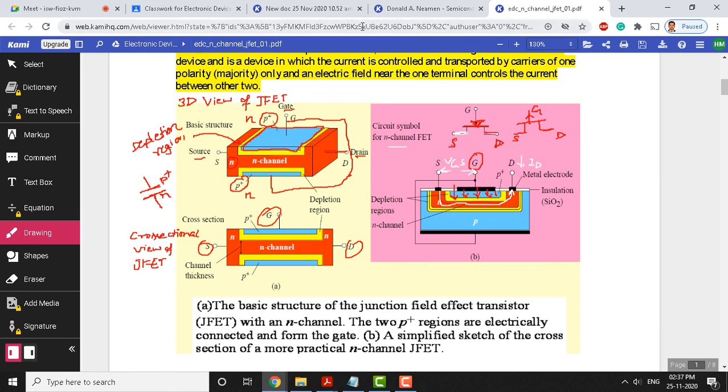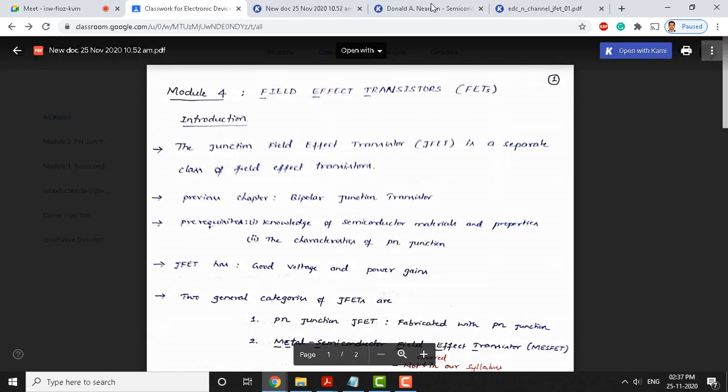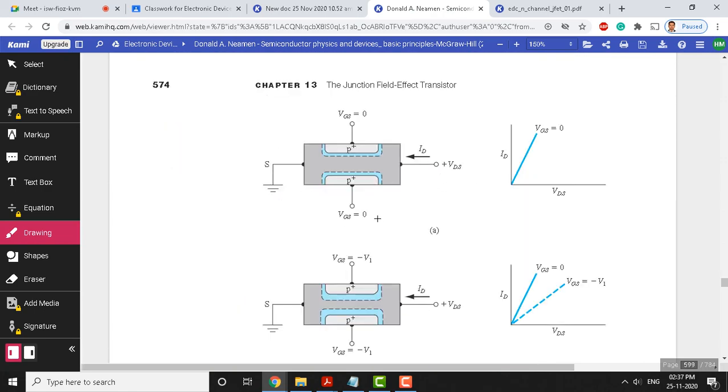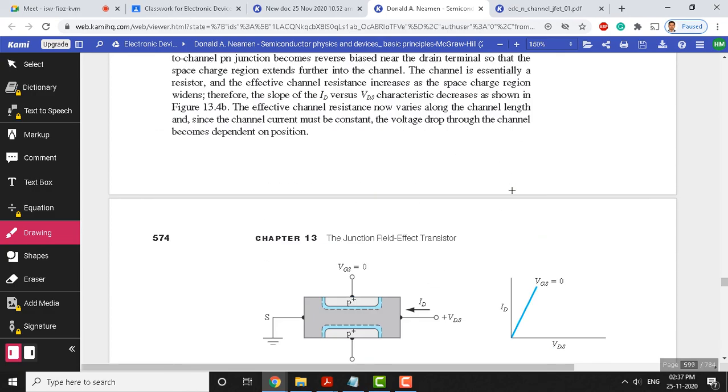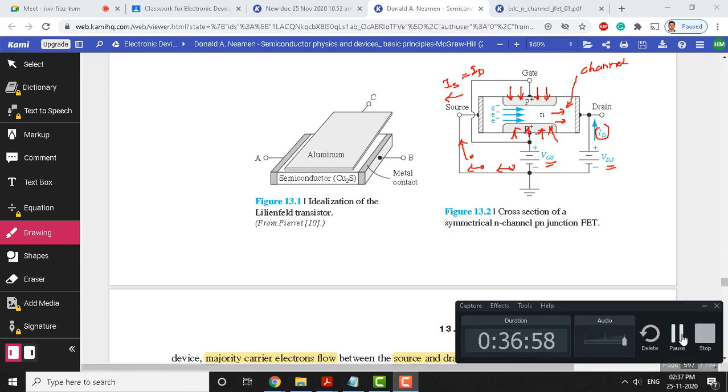Next class, I would like to continue with JFET operations. We will explain with reference to the various device structures. We need to understand this with gate source voltage 0 and drain source voltage applied. Broadly, we are discussing these two voltages only. When we make one 0 and the other one applied, what is going to happen, and when we apply both the voltages, what is going to happen to the drain current. These effects we are going to discuss in the coming class. Okay. So, with that I will stop at this point. Next class we will continue with this JFET itself.